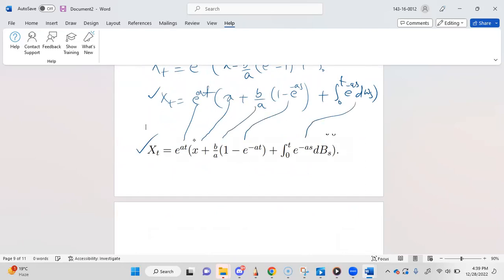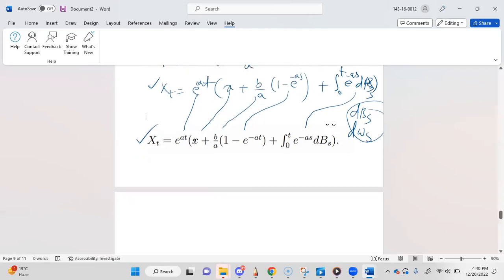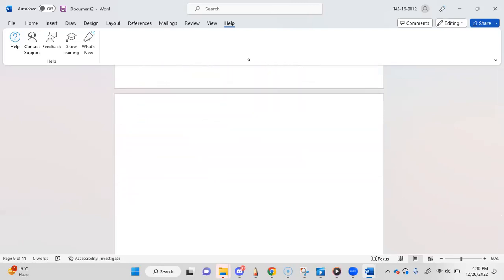What this is, DBS, it doesn't matter. DBS is the same as DWS. So what does this mean? What is the conclusion of this? If you are given an SDE,